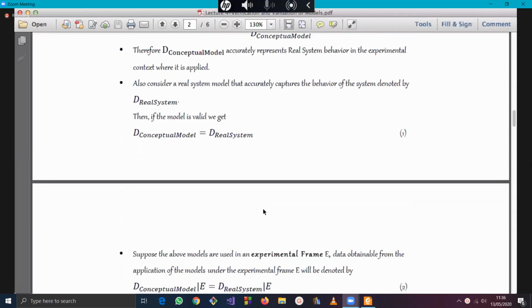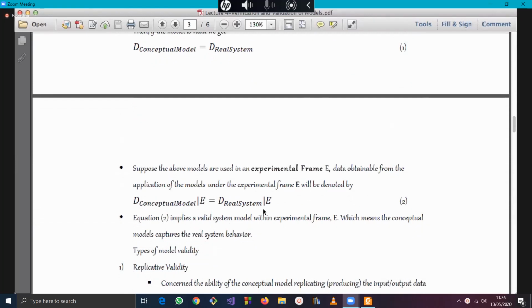Then the next is a supposition that the model and the real system are in an experimental frame, meaning where you are performing an experiment. You are actually saying, suppose you put these two together. In other words, there's a model and there's a real system, and then you want to compare the two. When we talk about experimental frame, here is like,